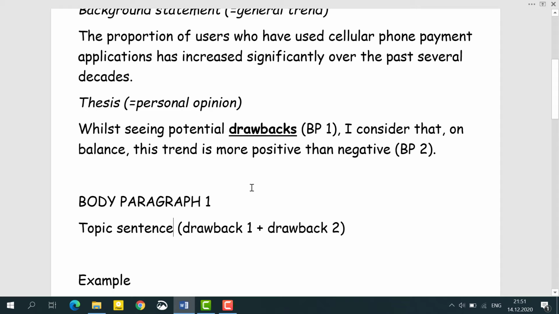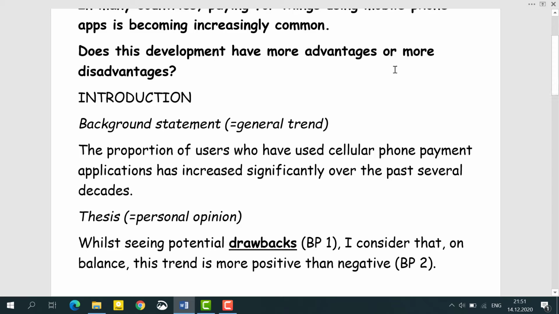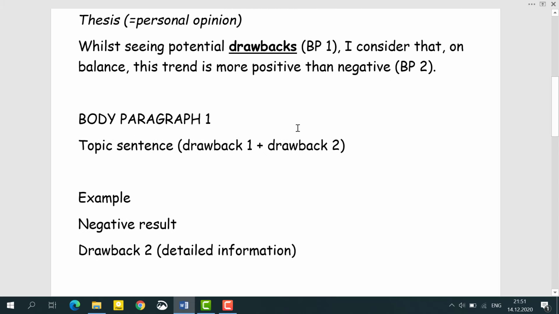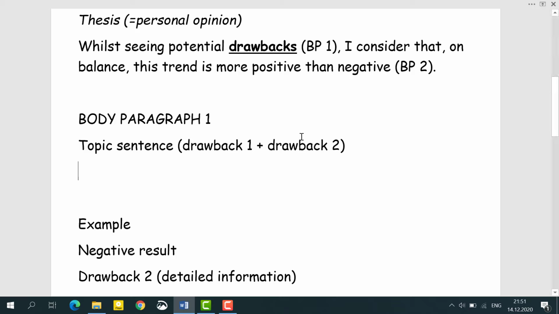Look at this carefully. The question is, does this development have more advantages or more disadvantages? The examiner wants us to focus on at least 2 advantages and 2 disadvantages, so it's very important to focus on both. And I'm going to demonstrate this in the first sentence. So how can we do it? It would be erroneous